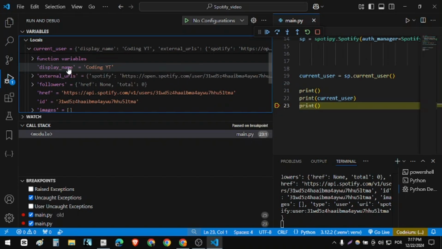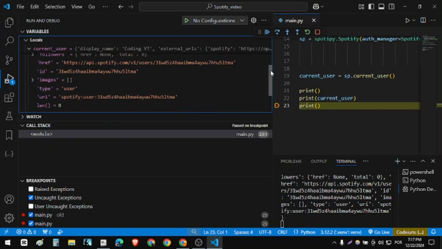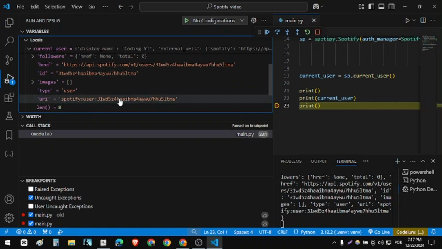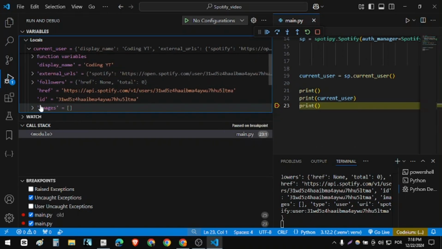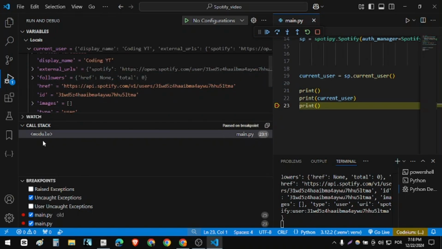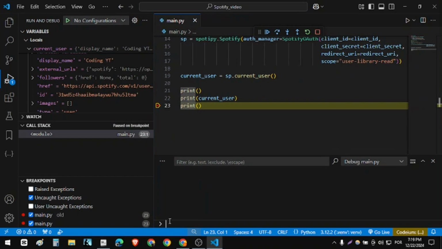It's a dictionary, so we have some keys here. You can see the length of this dictionary. The length is 8. So we have 8 different keys: 1, 2, 3, 4, 5, 6, 7, and 8. And if, for example, you want to get the user ID, you can just access this current user and use the key ID. I can go here below in additional views and click on debug console, and we can, for example,